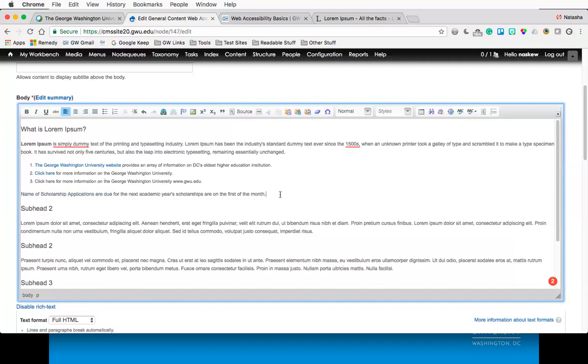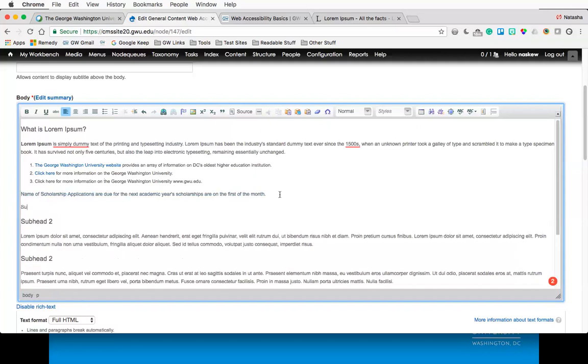So in this case, we've made the document title the link. If you wanted to focus it on being an action-based link, that's fine as well. So you can say submit your application for the next academic year before the 1st of the month. And then you can make submit your application